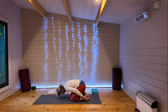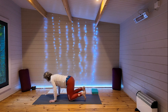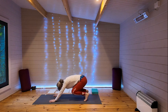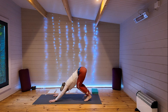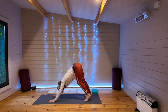And when you're ready, coming up into tabletop once more, we're going to make our way slowly up into a downward dog. So curling those toes, let's push those hips back, raising the knees, get the spine right first. So push back, pressing away from your hands, gaze towards the belly button. And once you're in that nice extended spine pose, then you can begin to lengthen out the legs,